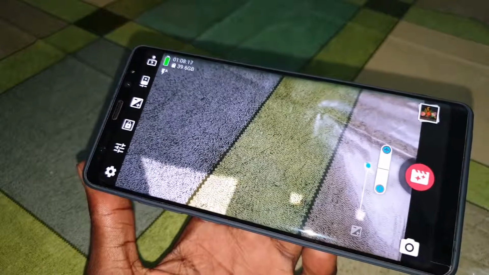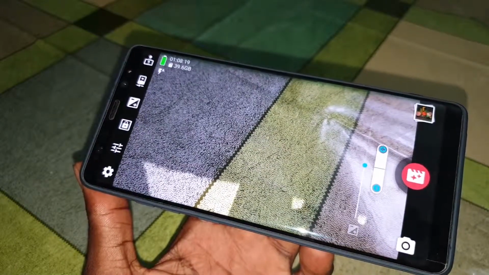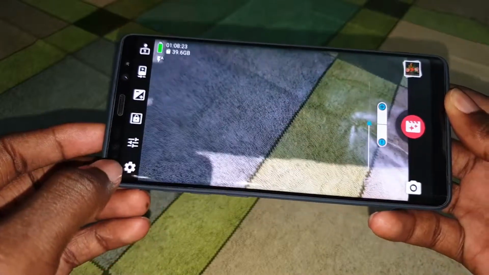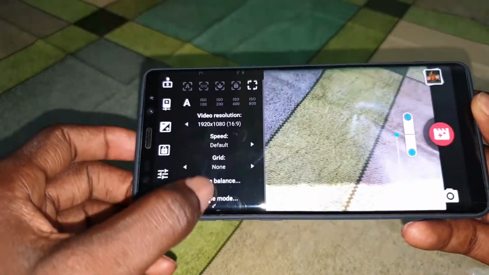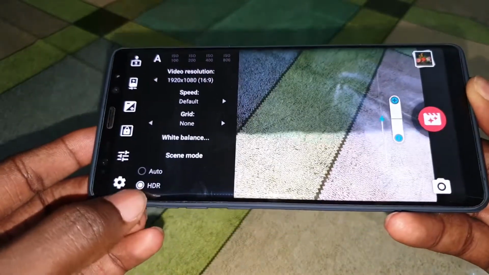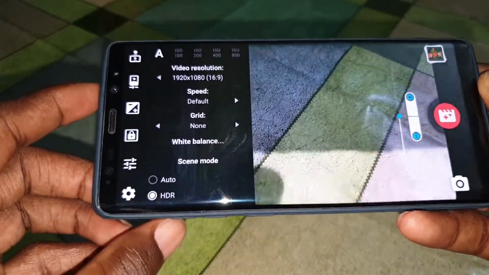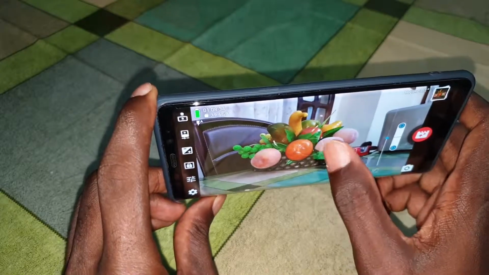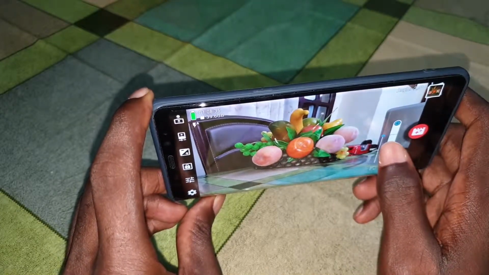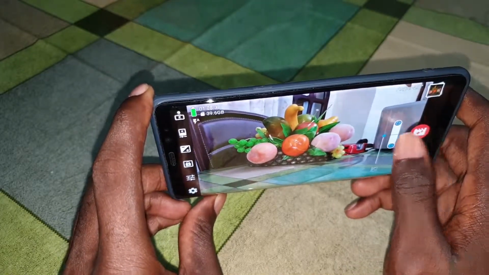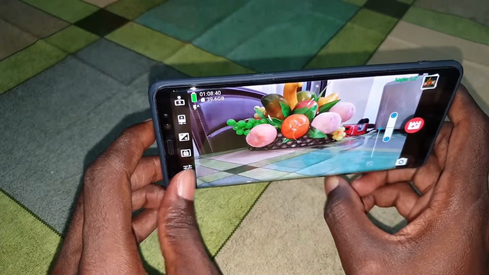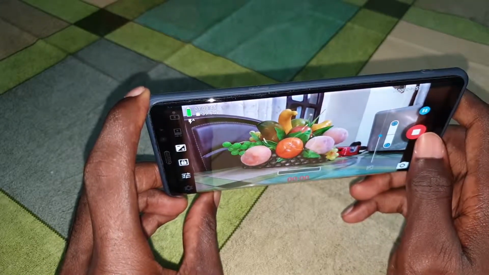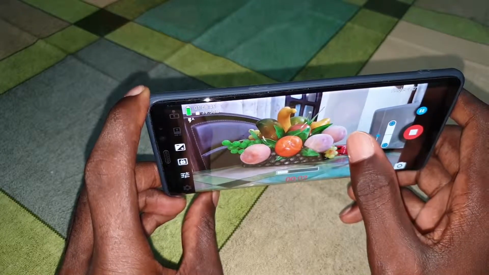Scene mode HDR. Have you seen this? You can see the HDR scene and HDR is also enabled. Okay. Now get ready to record a video. 1 2 3 4 5. Before doing 1 2 3 4 5, let's go recording without the flash.